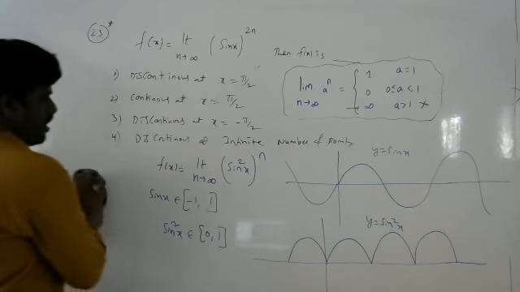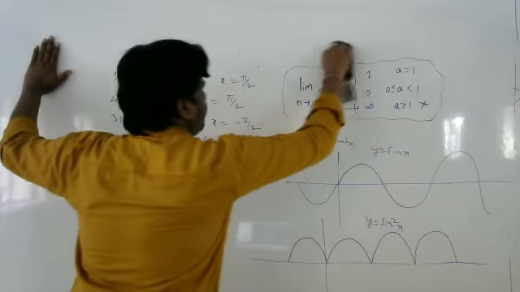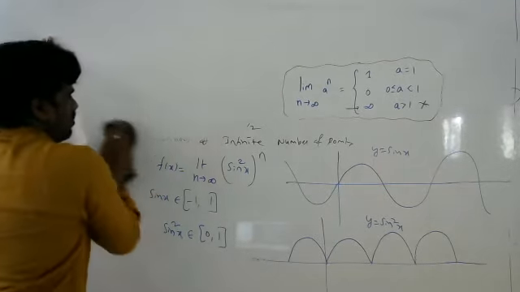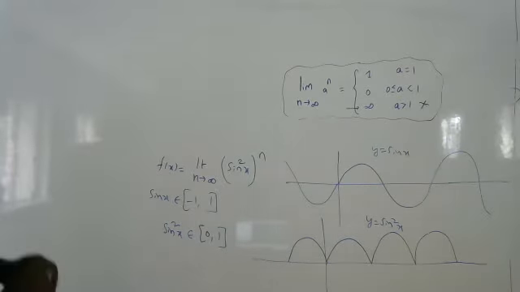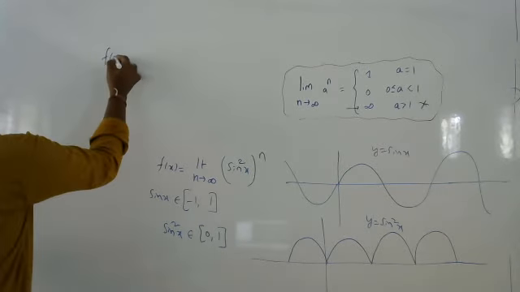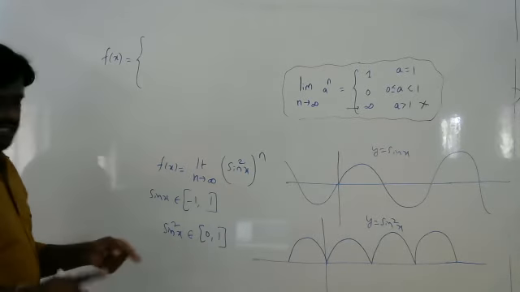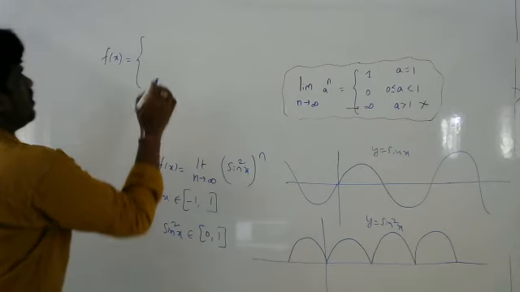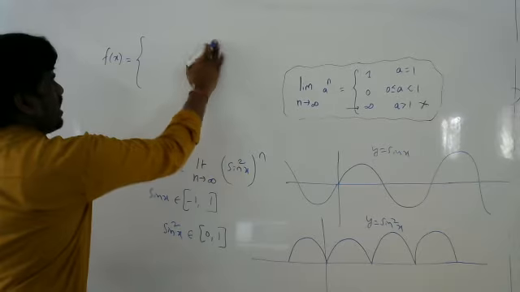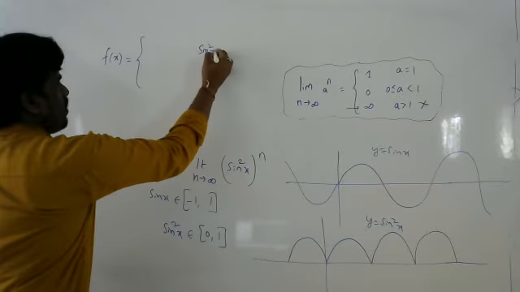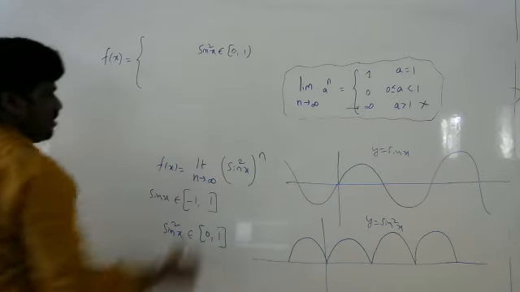Now here, what I have to do is redefine this question. For the built-in limit, we will redefine this function. If I redefine it, what do I get for f of x? I can use 0 to 1, right? When x belongs to, like sin x, is it sin square x? Sin square x belongs to the closed interval 0 comma 1.